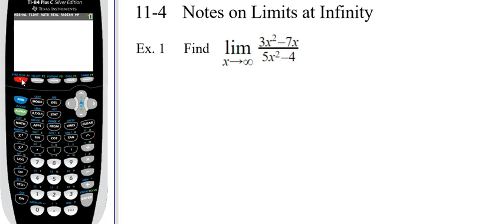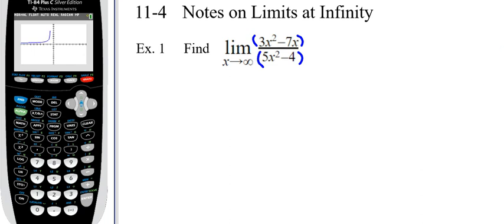So over my calculator here, I'll press the y equals key, and let's type that function in. And remember, when we do that, always put parentheses around the entire top and around the entire bottom. If you don't do that, I don't know what you'll get, but it won't be what you should be getting. And if you type that in there and press graph,